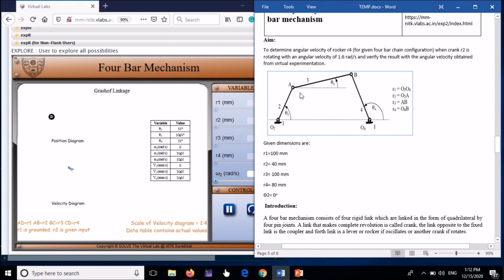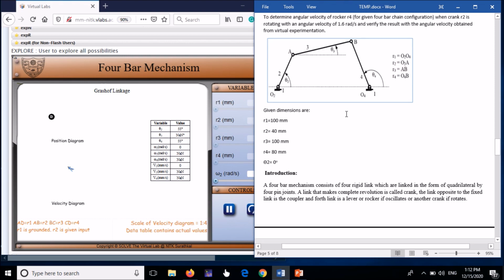So that you can determine using the relative velocity method. For that you have to draw a configuration diagram and then a velocity diagram. From that velocity diagram you can determine the angular velocity of link 4. This I explained in my YouTube video. You can go through that YouTube video and from there you can understand how to calculate the angular velocity of this